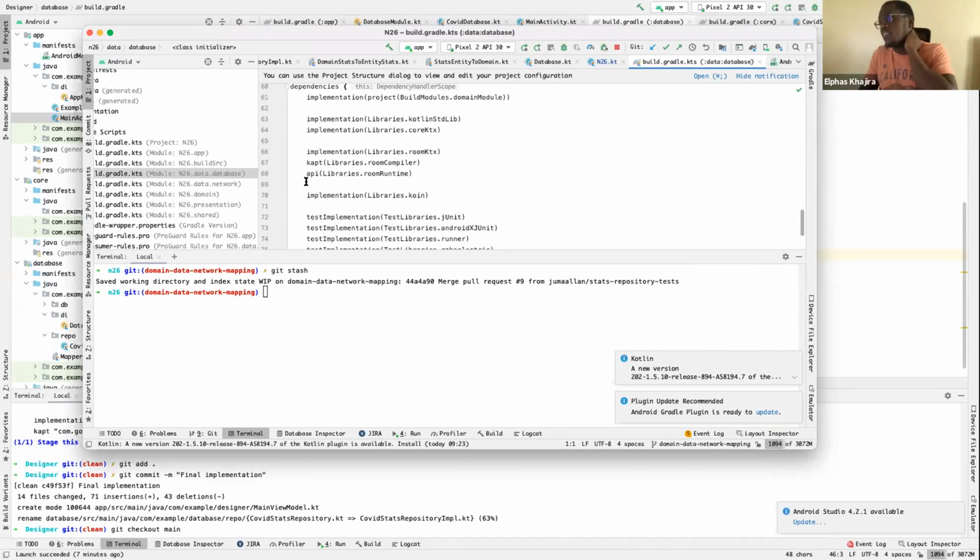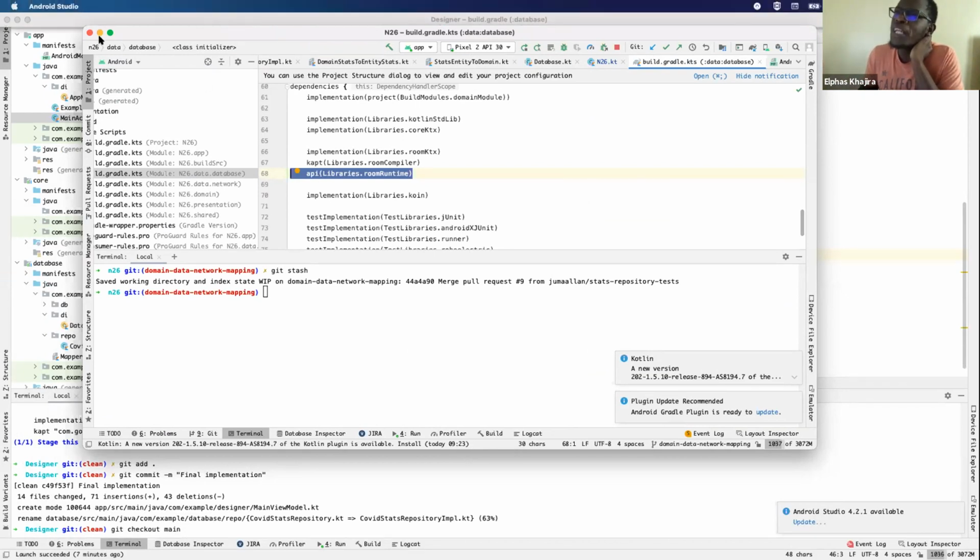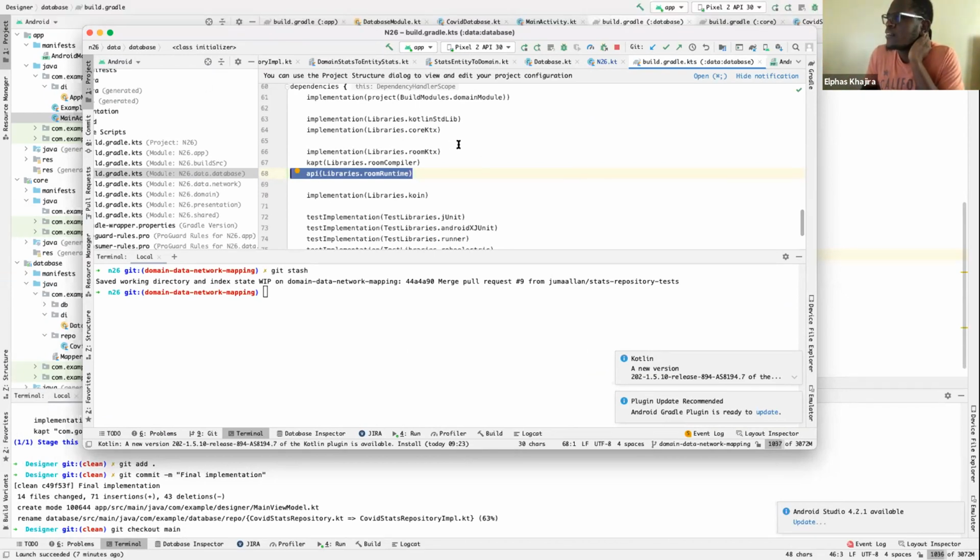Oh, it's actually the same story. You actually need also to define this as an API for it to know how to provide Room. But what I need to check again is the network, things like Retrofit, and we'll get to Retrofit, OkHttp and the other network dependencies.